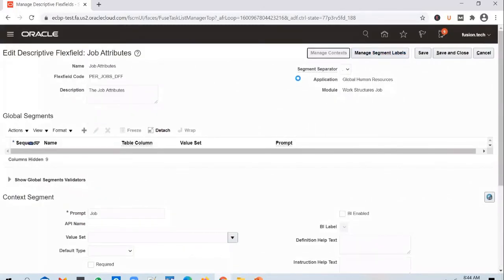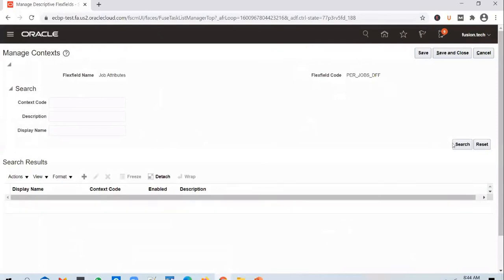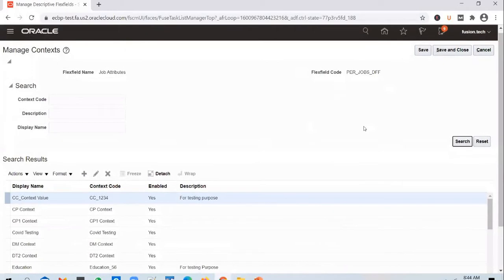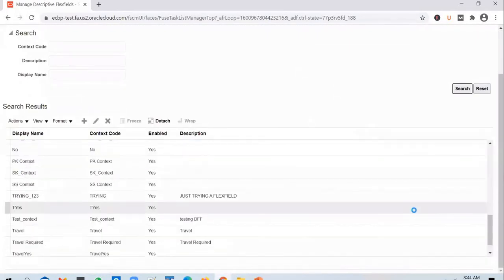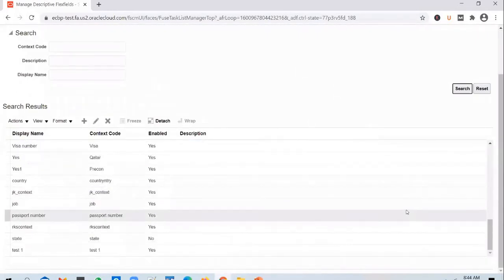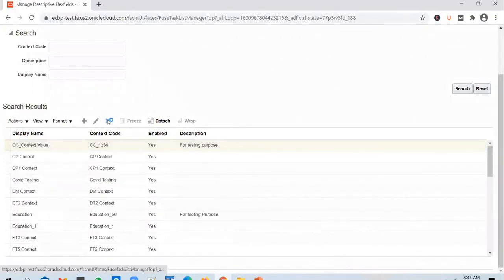So we go ahead and click on manage context, search for them. There are many contexts in there, so what I do was I will delete everything.